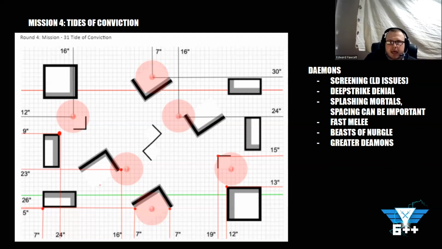Deep strike denial is important. You probably also want to look at spacing. If your opponent is running a Lord of Change or even just a Herald of Tzeentch, they might be running Gateway of Infinity. This is quite a nasty power that can splash a lot of mortal wounds. If you've castled up behind here and your opponent spots an opportunity to use the 2 CP strat to teleport